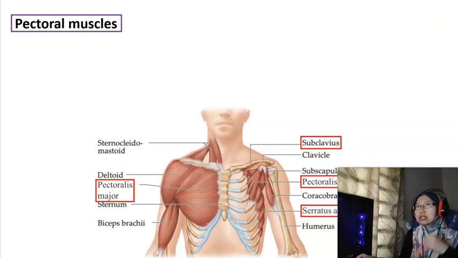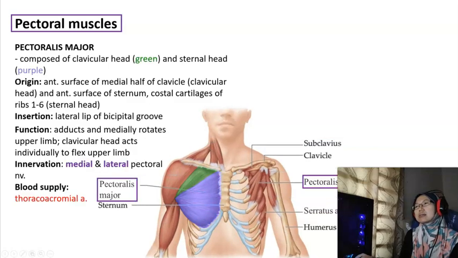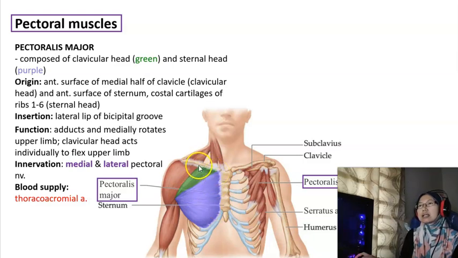Okay, now we will talk about the pectoral muscles. The first one is pectoralis major. As you can see here from the picture, it has two origins. The first one is the clavicular head, the green one, and the second one is the sternal head. It originates from the sternal edge, from rib 1 to rib 6. The clavicular head originates from the medial half of the clavicle, and this